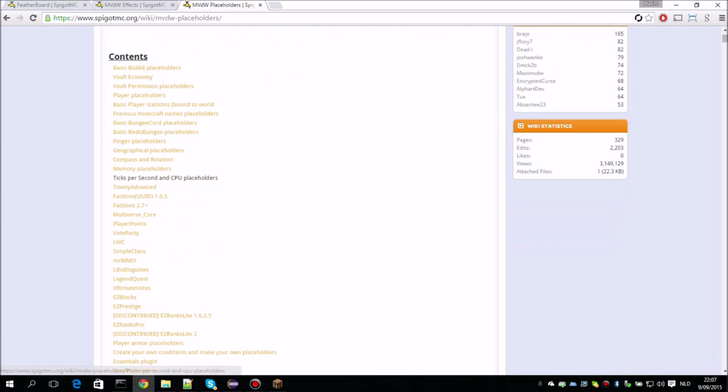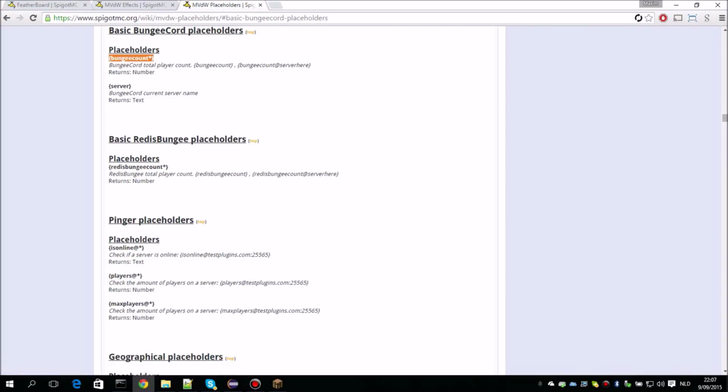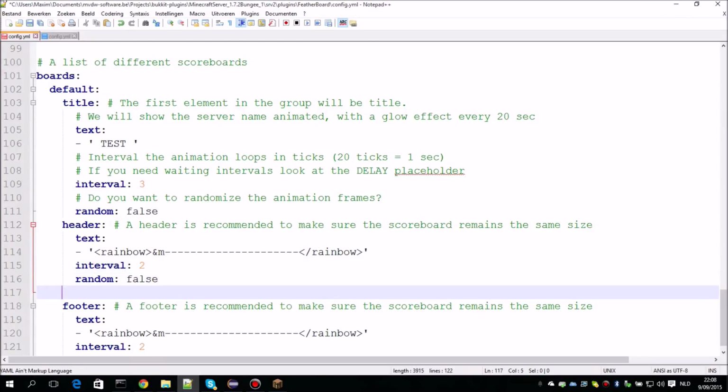And I'm going to check for bungeecord placeholders. So I have this. This is the bungeecord total player count. So it gives some information. Bungee count at server here. And then to get the current server name, use this. I want to display the amount of players on my test and test2 server. So to do this, I will just create another element, and I will call it